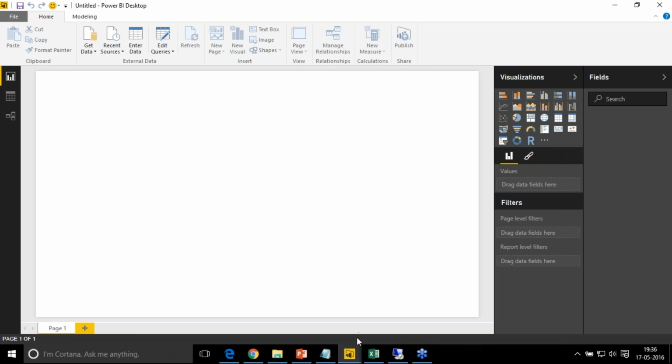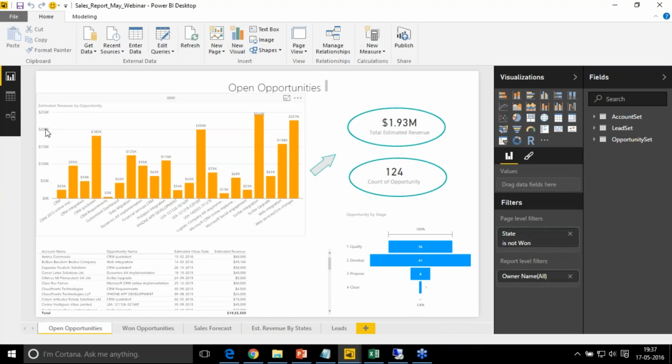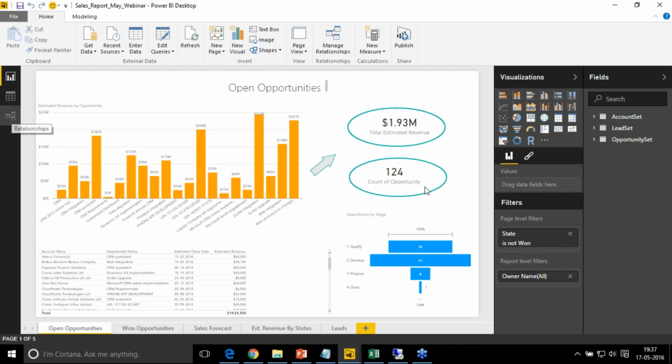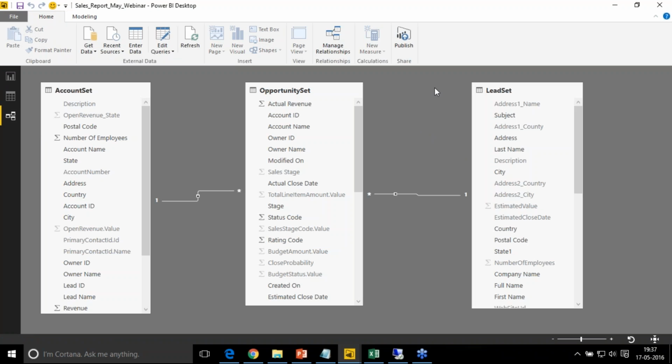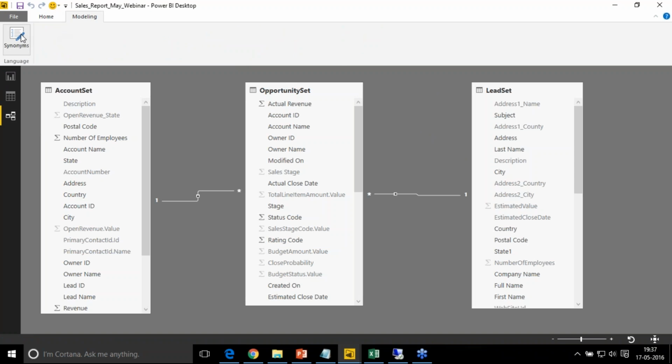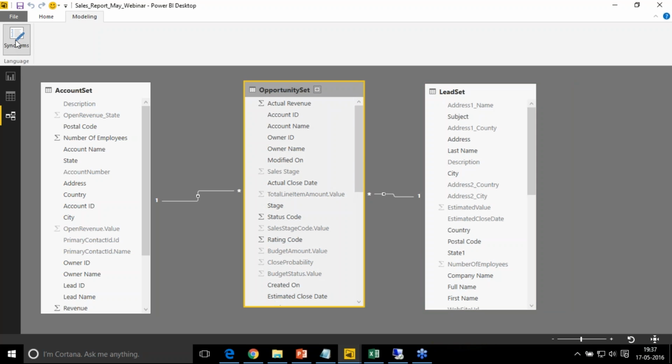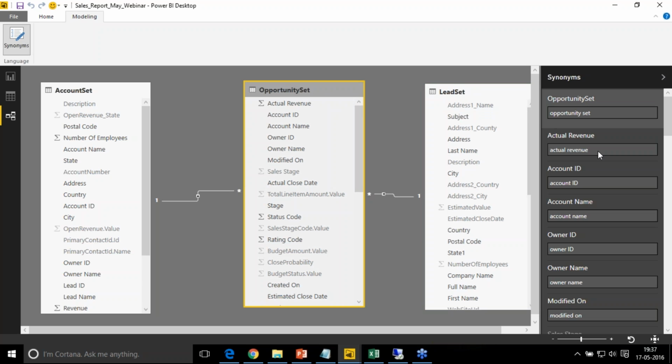So the first one is the data model synonyms. For that I'll go to my report. So I have one sample sales report and I'll show you how data model synonyms can help you. In this new update there is one tab, modeling, and there is one option included over here known as synonyms. So if I select any table from my model and I click on synonyms, you can find over here different synonyms. So basically it helps us for the Q&A section,